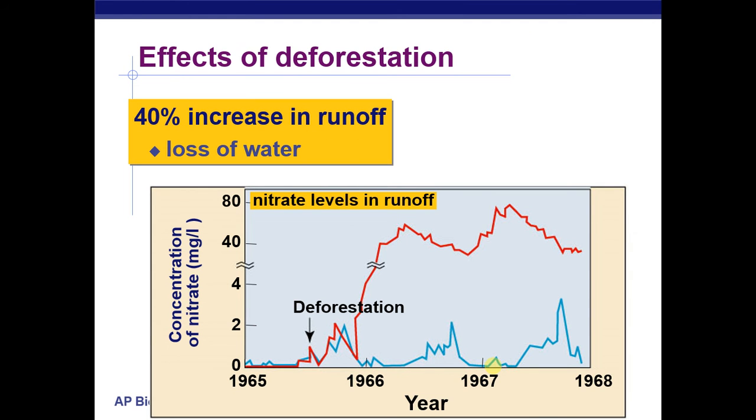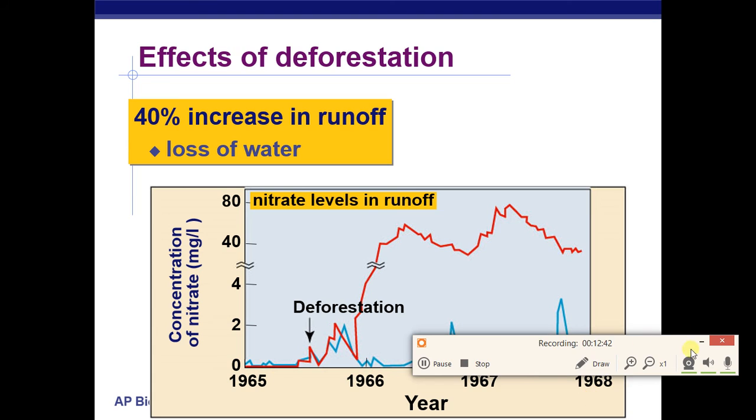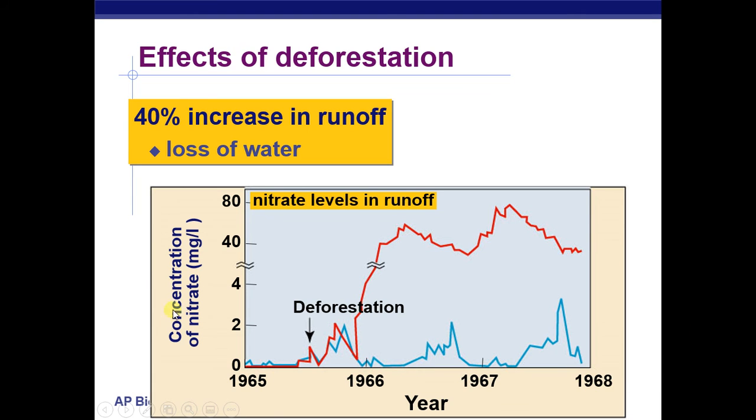We can look a little bit more at deforestation. When deforestation happens, when we clear cut those trees to make more room for homes and subdivisions and things like that, one, water loss increases, as you can see here, but also